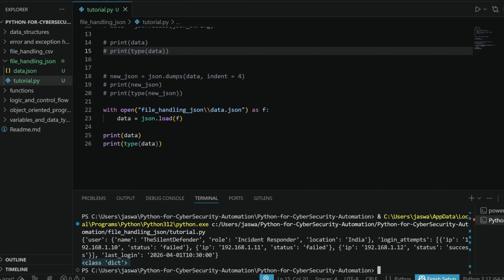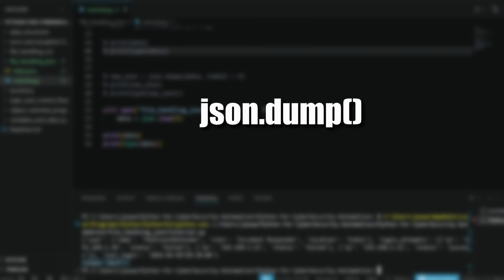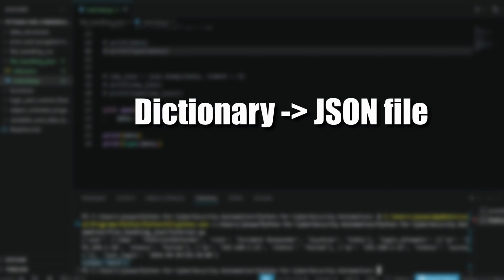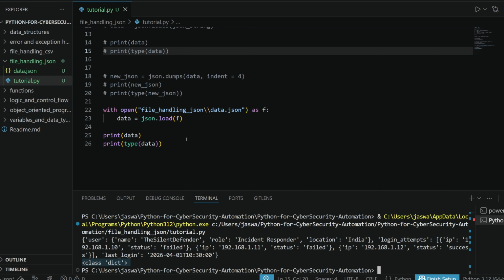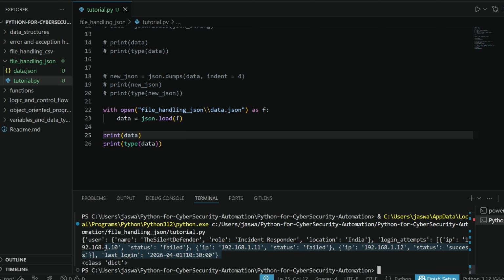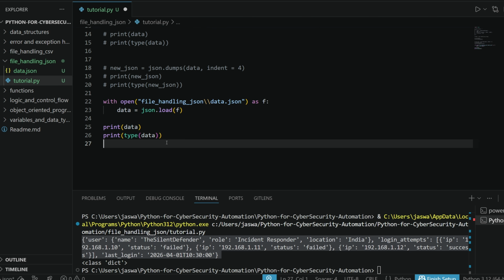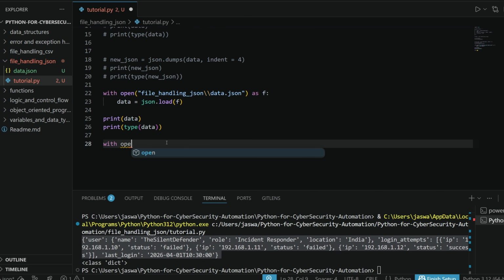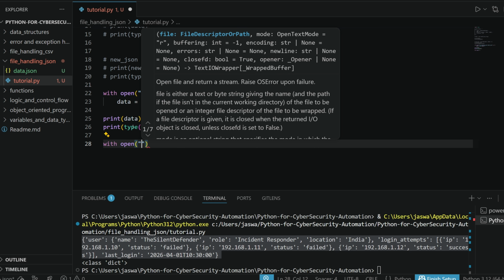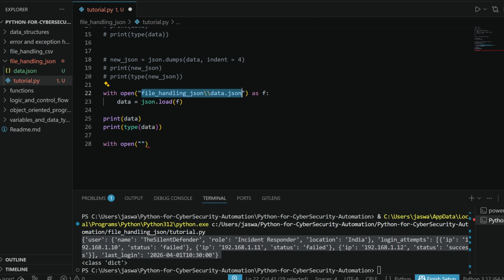The next function we have is json.dump. It takes a Python dictionary and writes it directly into a JSON file. Let's do a similar example. In this case, we already have a dictionary, which is this one, inside data. So let's write it to some different file. Let's do with open and create a new file inside the same directory. Let's name it new_data.json,